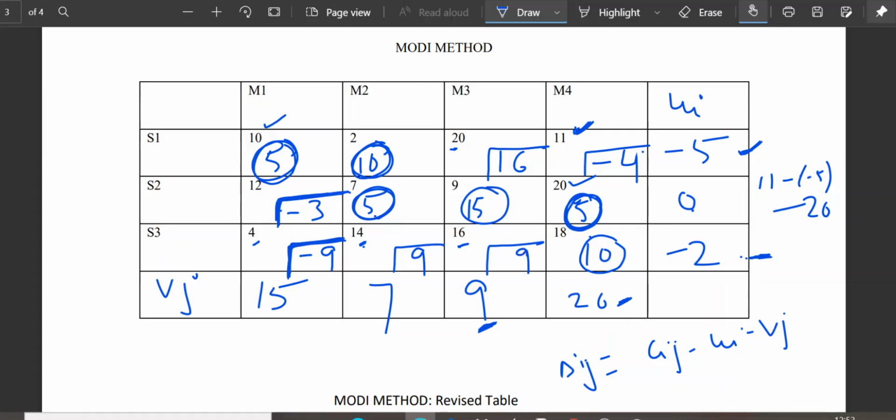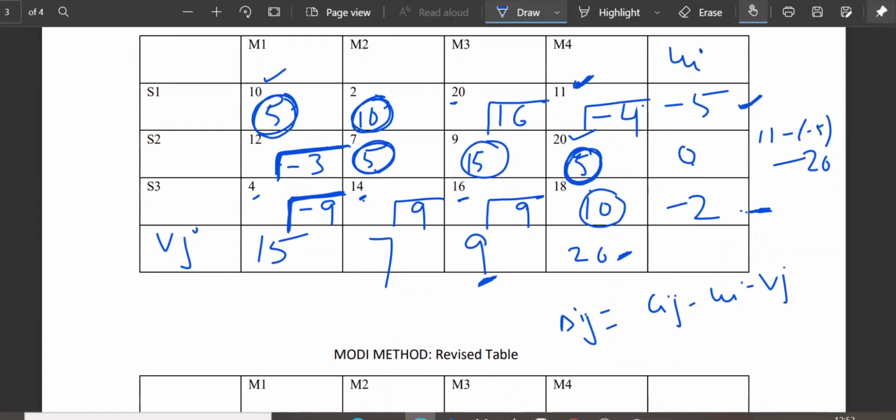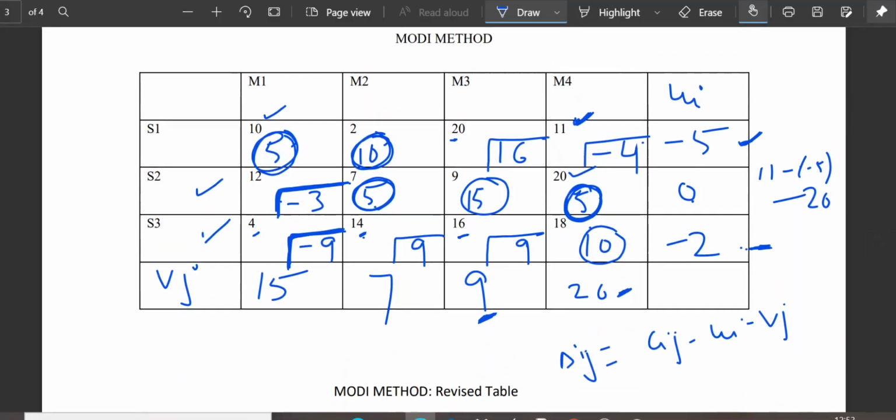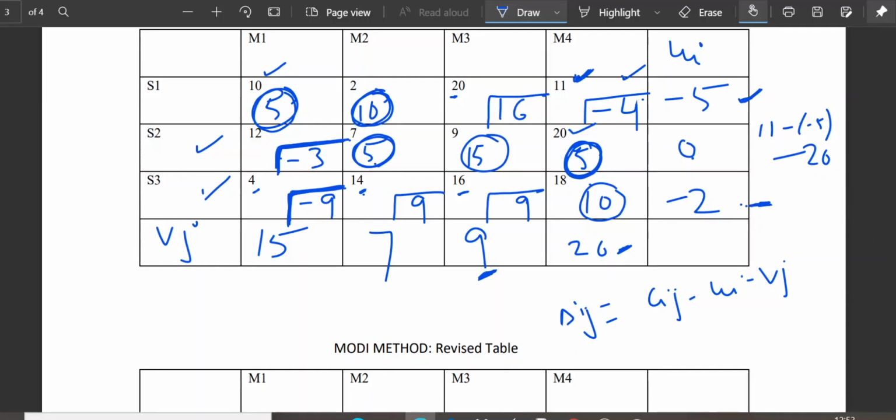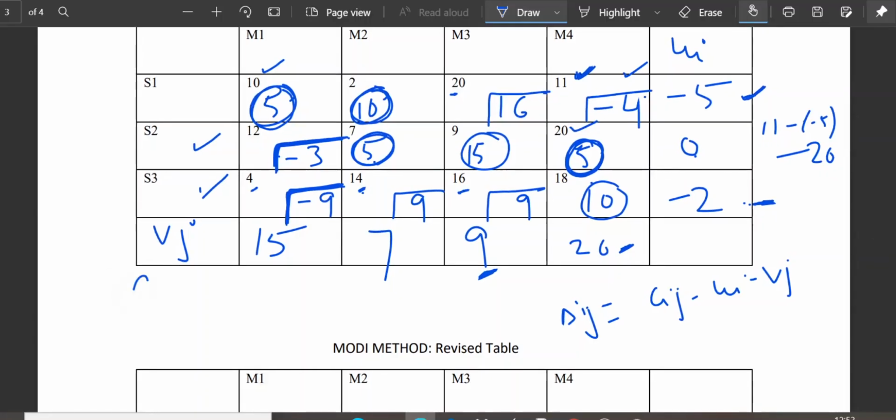So you can see that we have delta ij coming out to be negative in 3 cells: S2M1, S3M1 and this S1M4. When we are getting more than one negative cell, we have to choose the most negative delta ij, right?